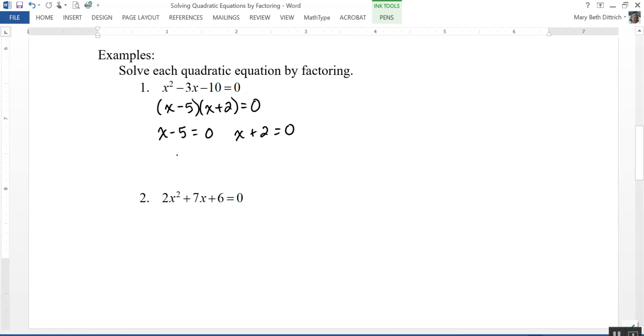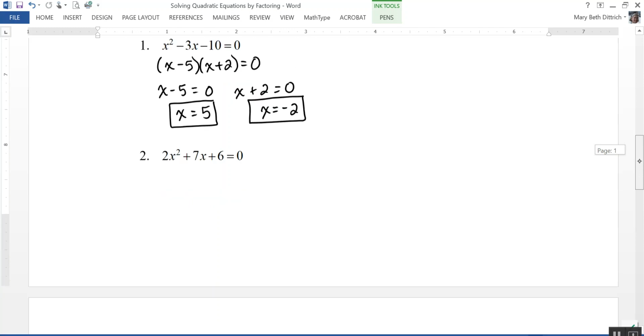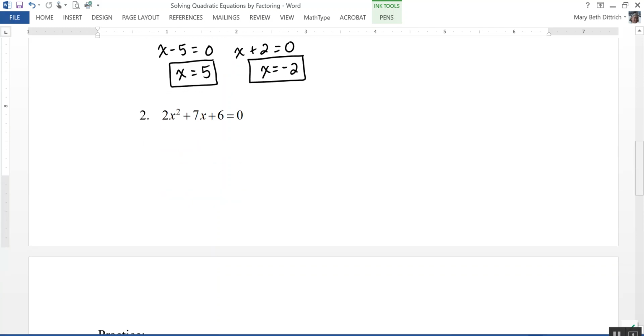And then adding 5 to both sides gives me x = 5. Subtracting 2 from each side gives me x = −2. So the two solutions to that quadratic equation are x = 5 and x = −2. Let's take a look at our second example here. 2x² + 7x + 6 = 0. That's going to factor into (2x + 3)